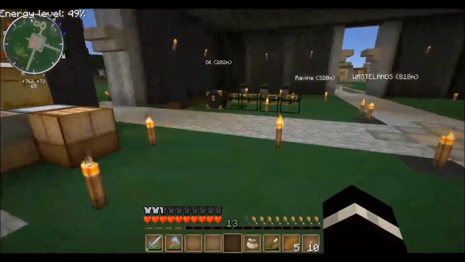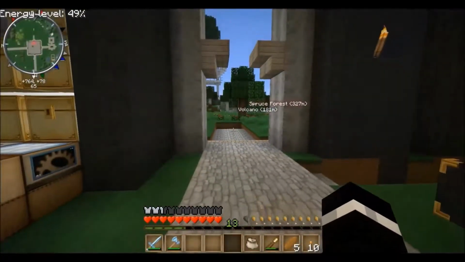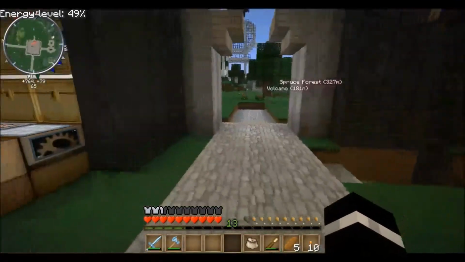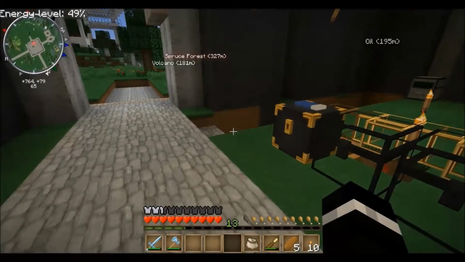So we need to make a quarry, and I've already started some stuff here because what I want the quarry to do is pump it to an ender chest, which I killed a couple endermen and got some pearls to make some chests. And then I made some blaze rods to get those, but...